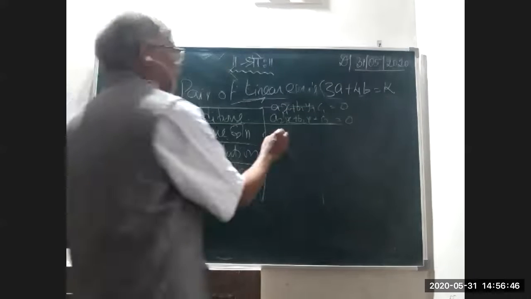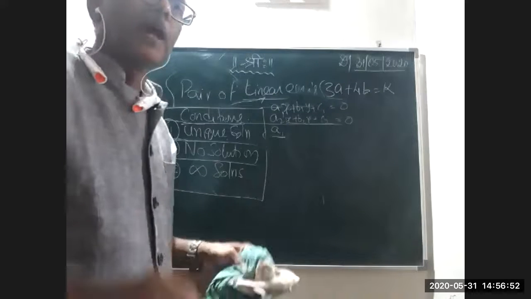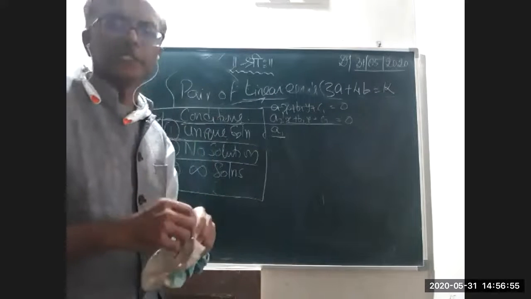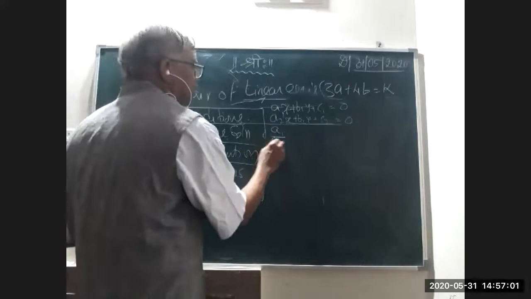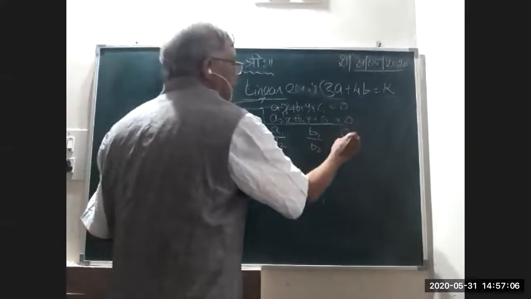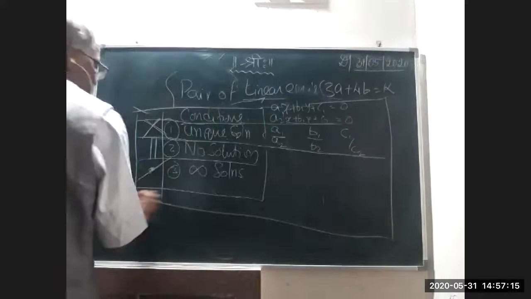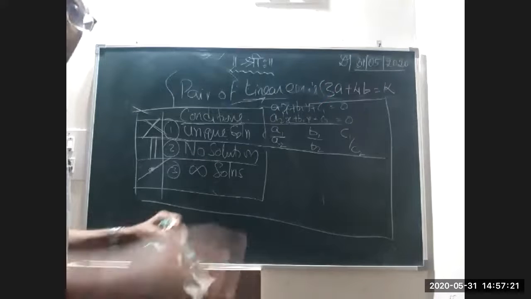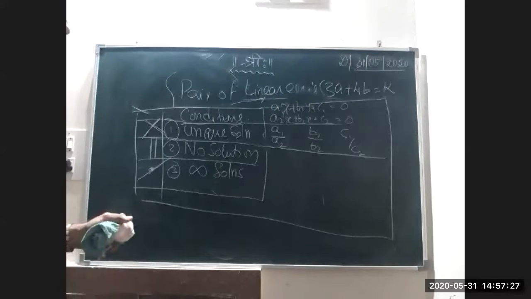Somebody is asking some question. The ratio of the coefficients of the variables, I will tell once more slowly. If I take those variables, a1, a2, then b1, b2, the ratio b1 by b2, c1 by c2. Observe carefully. In the tabular column, you have to fill it up. That's all. The entire chapter of pair of linear equations will be over. Now, when there is such a condition, unique solution, what will we have now?